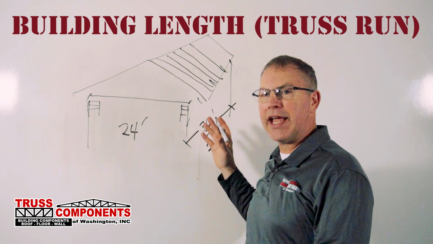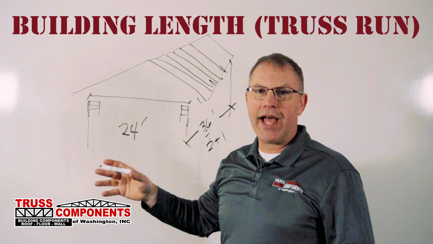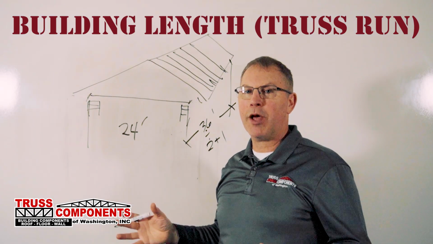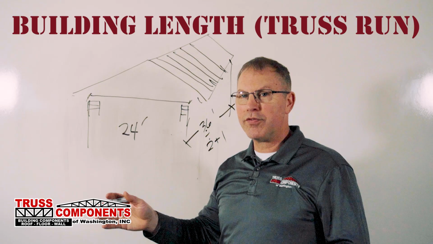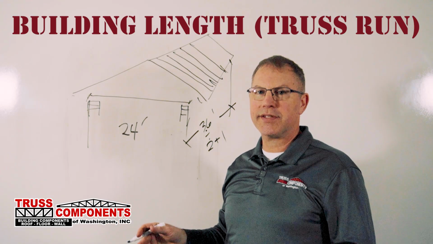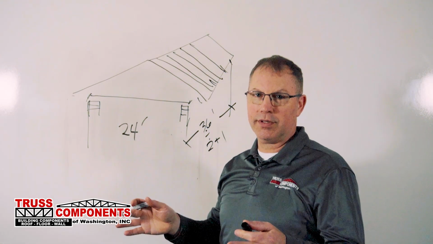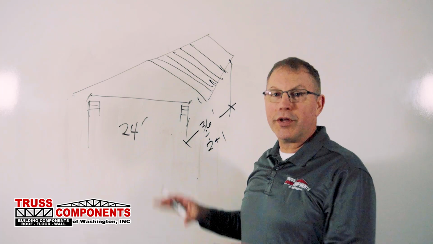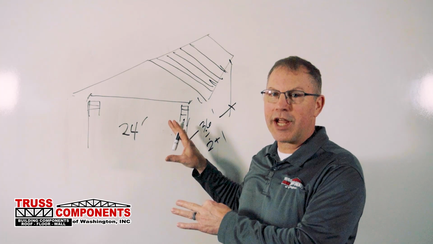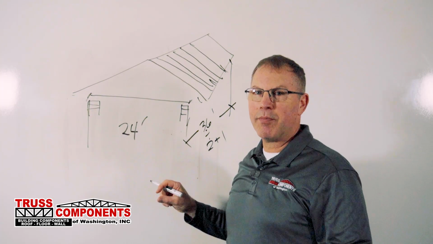So we need the building length, number 4, and number 5, the truss spacing, and that'll help us make sure that we get the right number of trusses and that each truss is designed to carry the proper amount of roof space. We'll go ahead and stick with this drawing here for a couple minutes, and let's talk about number